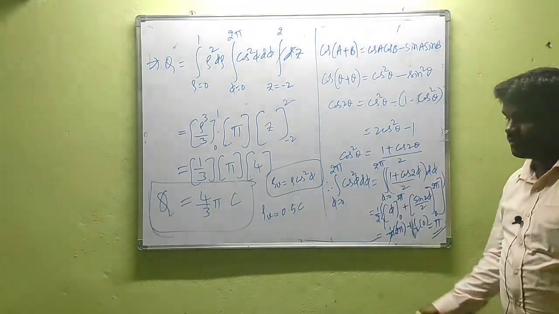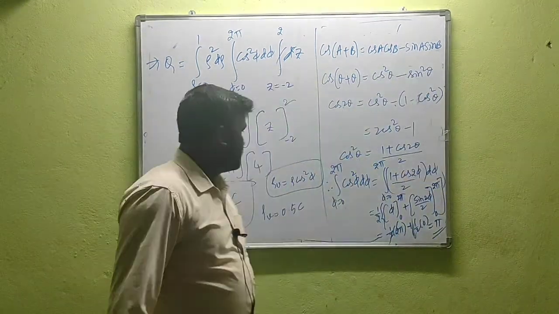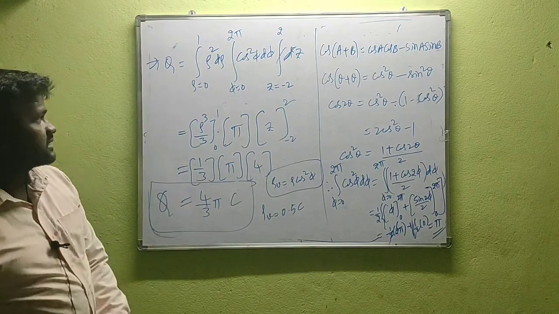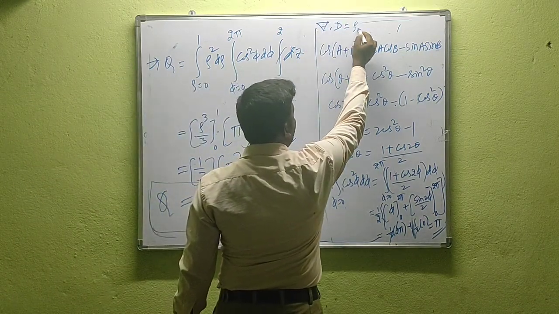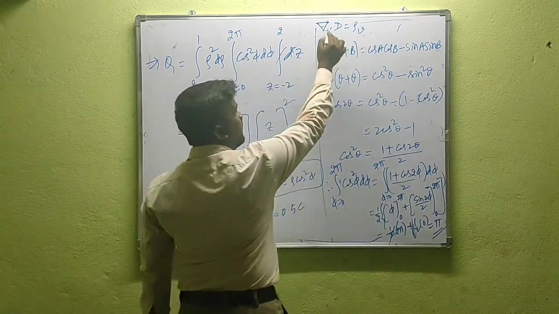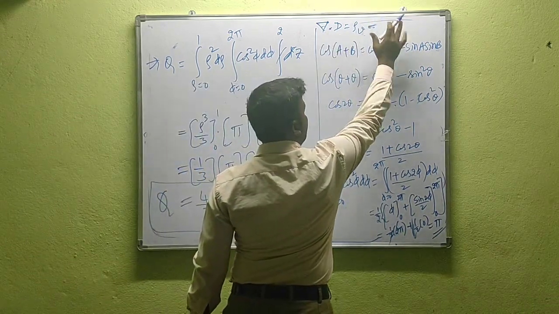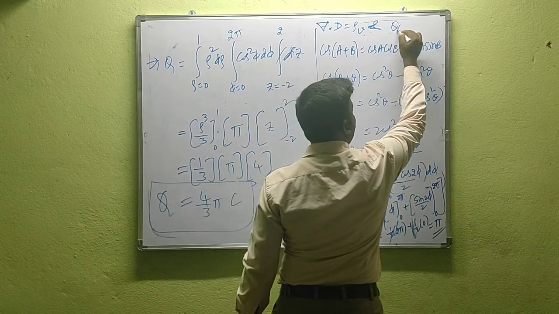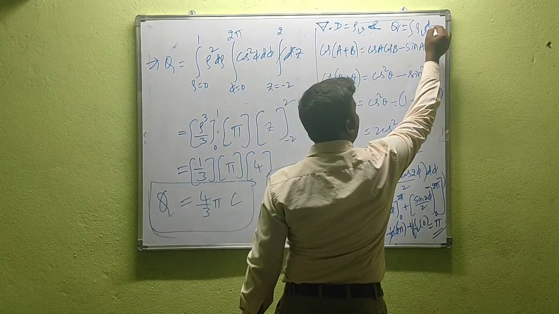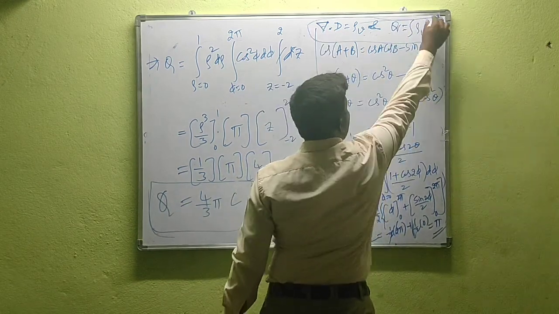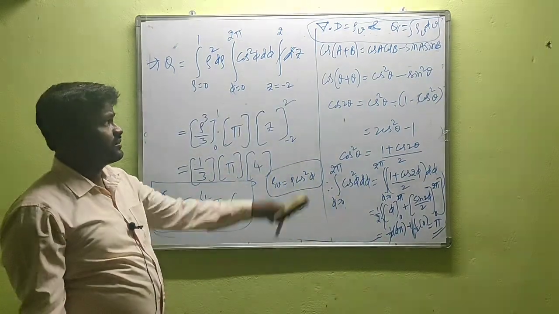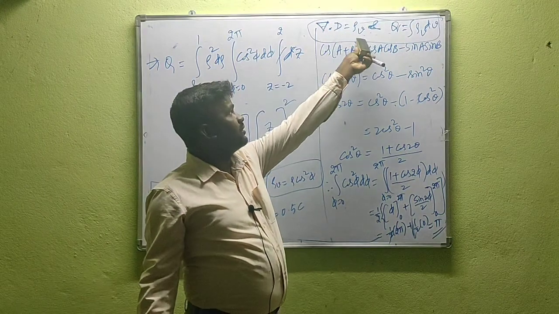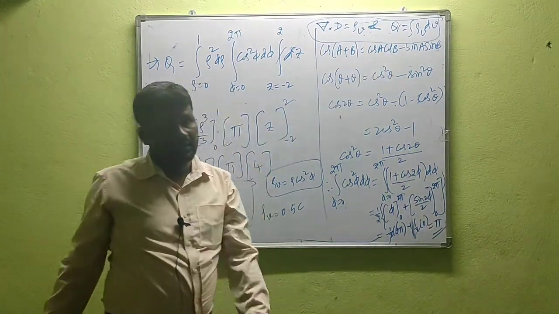Okay, this is all about today's class. This is the problem based on Maxwell's first equation. By using Maxwell's first equation, we can first find ρv, equal to del dot D, and from ρv we can find Q equal to the integral of ρv dv. Based on these formulas, we have one previous IES question based on this concept, that is del dot D equal to ρv and Q equal to the integral of ρv dv.